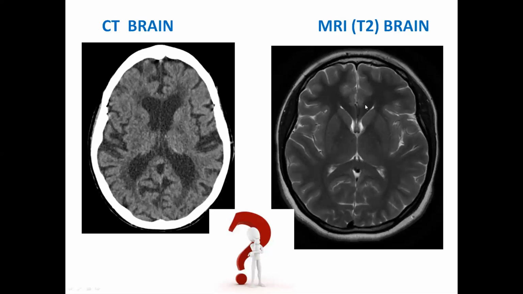So here, MRI T2 brain, you can see that the corpus callosum appears more darker. This white color that you see here, that is the CSF within the lateral ventricle, and it appears dense white. So the CSF or the fluid appears white. So this thin rim of white you see here surrounding the brain tissue, that is the CSF in the subarachnoid space.